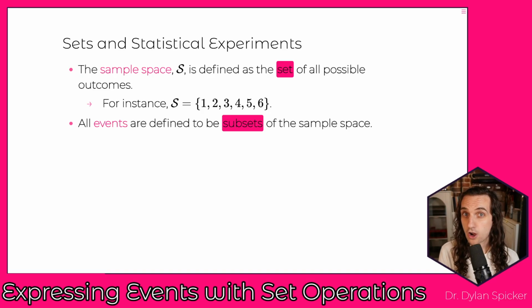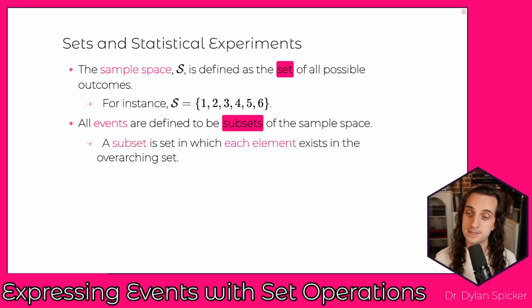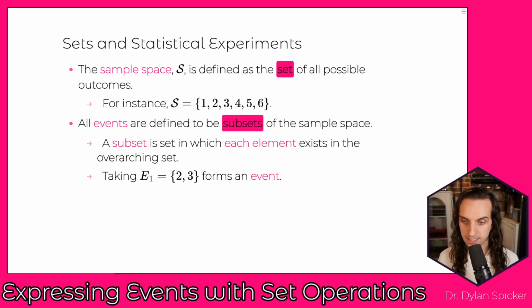And subsets are really just going to be sets themselves. So a subset is defined where every element in that set is contained in the larger set itself. So each element inside of an event has to be inside of the sample space. Right? If we take, for instance, the event {2, 3}, this is going to be a subset of our sample space {1, 2, 3, 4, 5, 6}, because the 2 is in the larger set and the 3 is in the